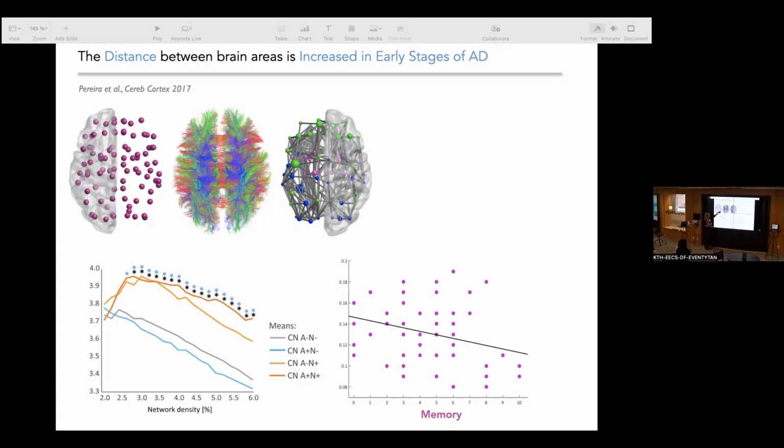And then we identified the links between these nodes using the white matter fibers between them. So at the end, what we got was a brain graph that looked pretty much like this one for every single individual. And one of the things that we observed is that when we measured the distance between the brain